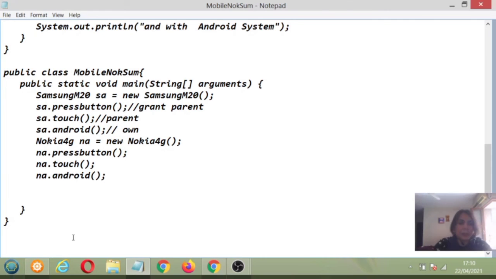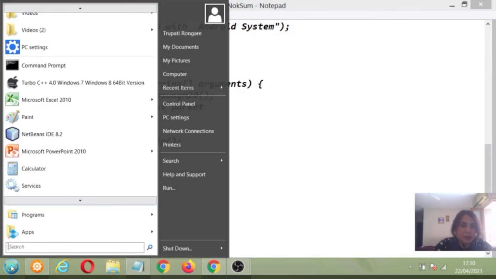Now let's see its implementation. Command prompt.